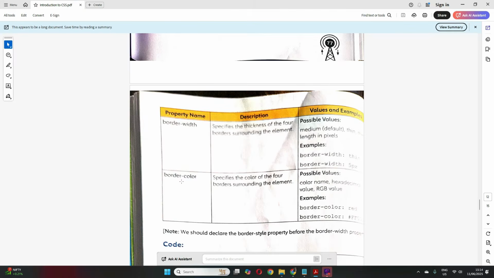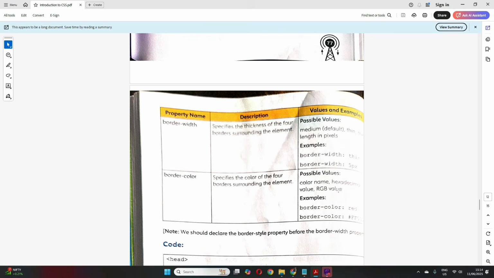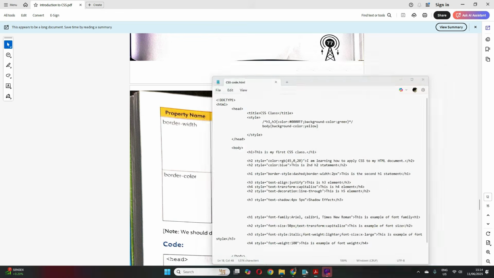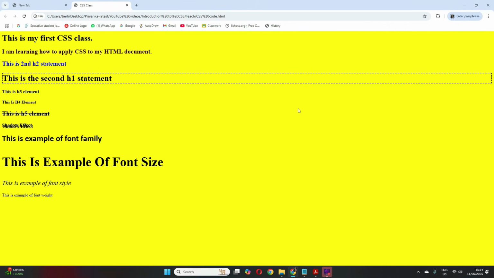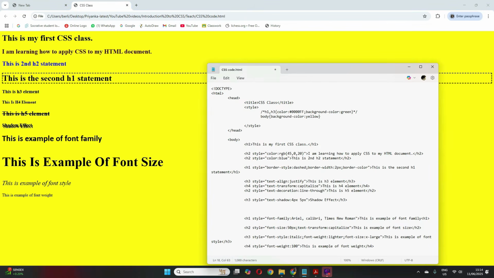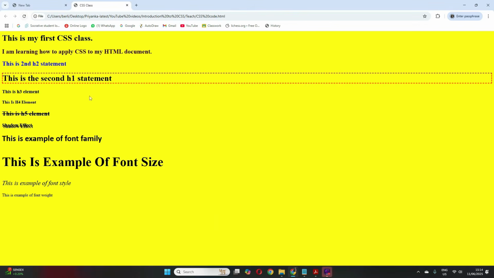Now the last one is your border color. So whichever color you want. Again, this is color. If you remember, color we can provide in 3 ways: color name, or the hexadecimal value, which is your hash, or the RGB function. So in any of these ways we can provide the border color. Now here the default color that is coming is black. So I just want to change the color maybe. So I'll put a semicolon. So border-color, property name, color, maybe suppose I want here red. Save it, run it, you get a red border.